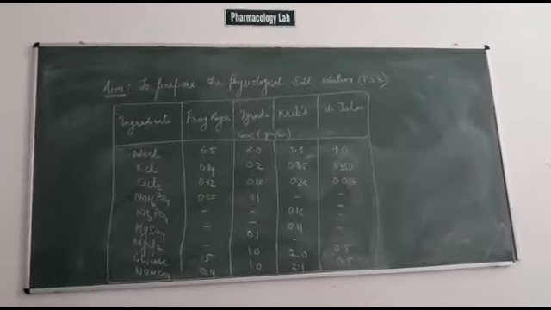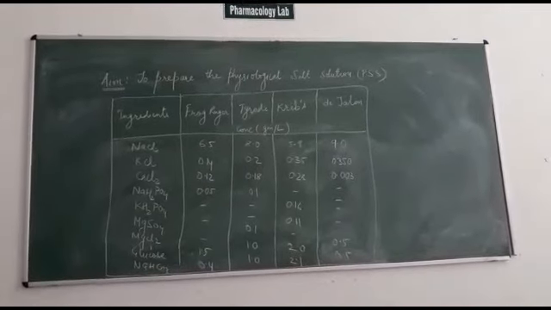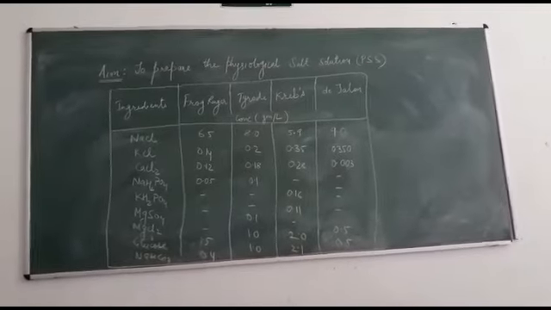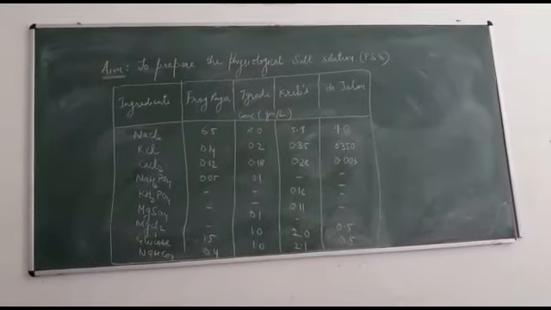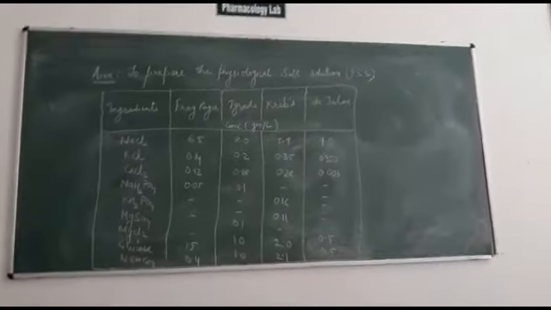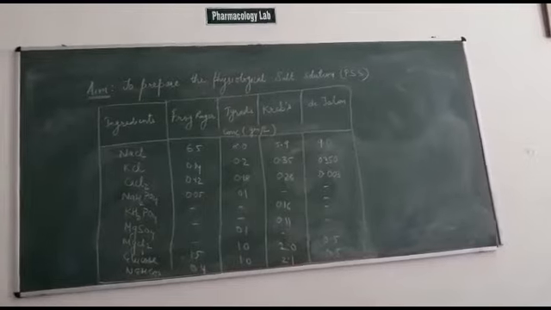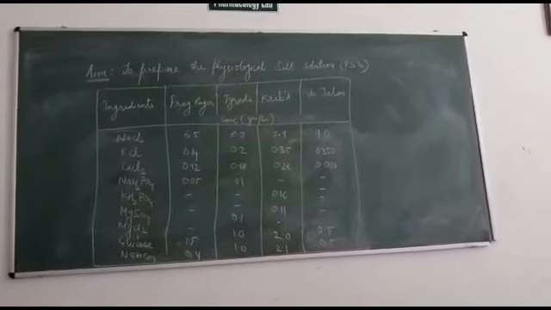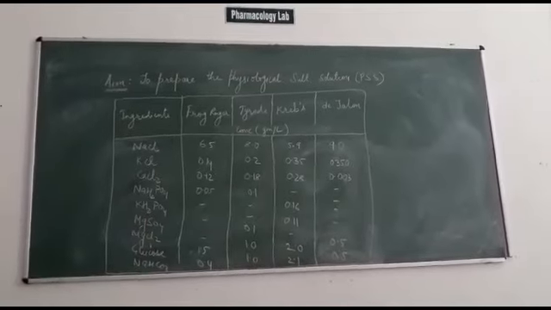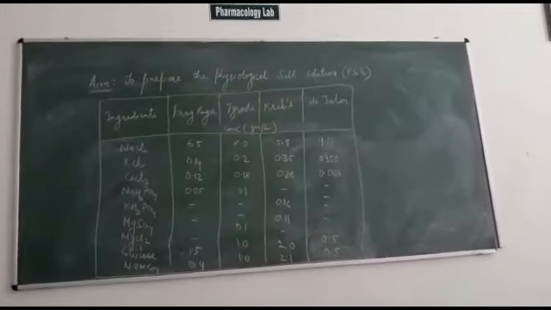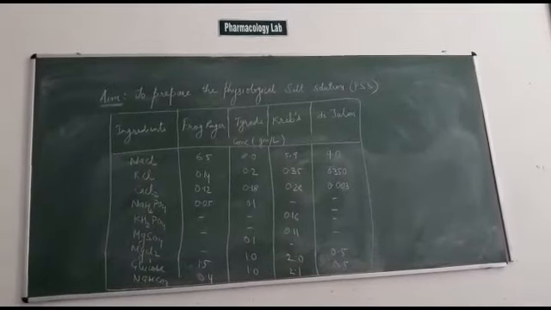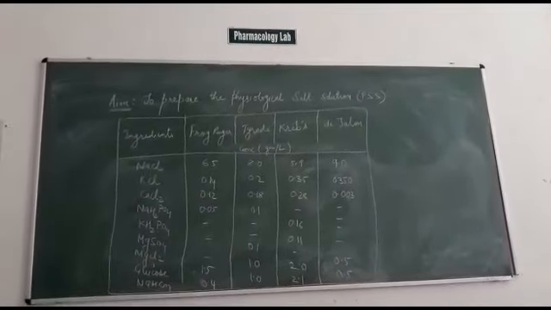And there are different types of physiological salt solution, as you can see on the board: frog ringer solution, tyrode, krebs, and de Jalon solution. Their composition is also given, and the concentration of the different salts is also given. The different salts which are added to the PSS include sodium chloride, potassium chloride, calcium chloride, sodium dihydrogen phosphate, potassium dihydrogen phosphate, magnesium sulfate, magnesium chloride, glucose, and sodium bicarbonate.